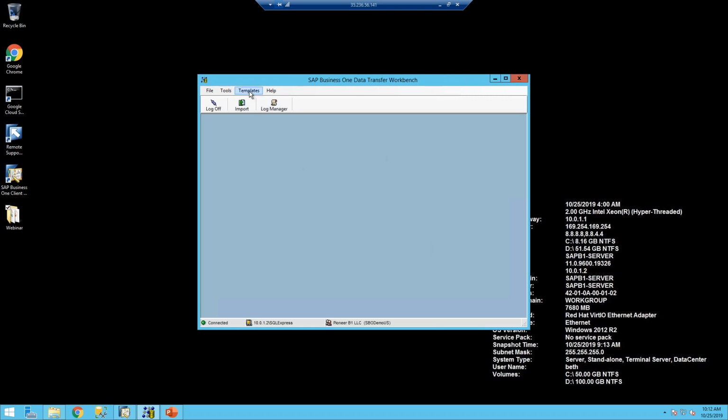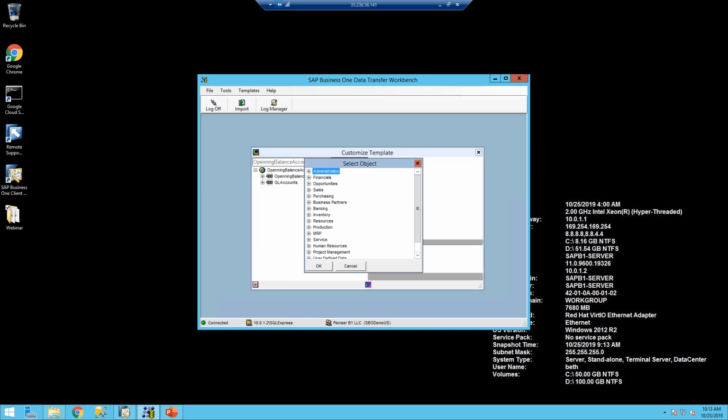There we go. And so the important part here, we did show you where the templates are hiding. Once you install the DTW program, all those templates will generate, but I've never seen a database that's not customized. And so if you have created any kind of user-defined fields, you'll want to generate new templates. And so to do that, all you have to do is log into the Data Transfer Workbench and click Customize